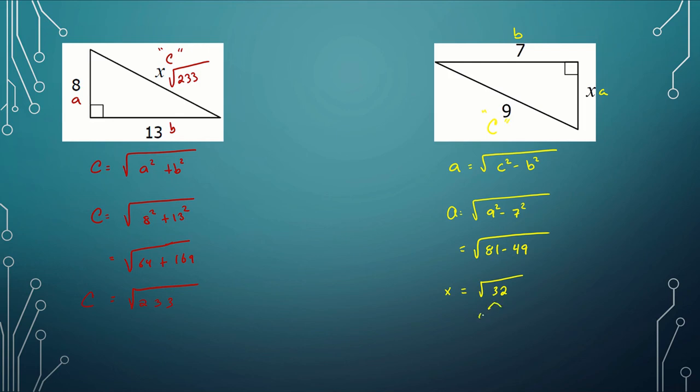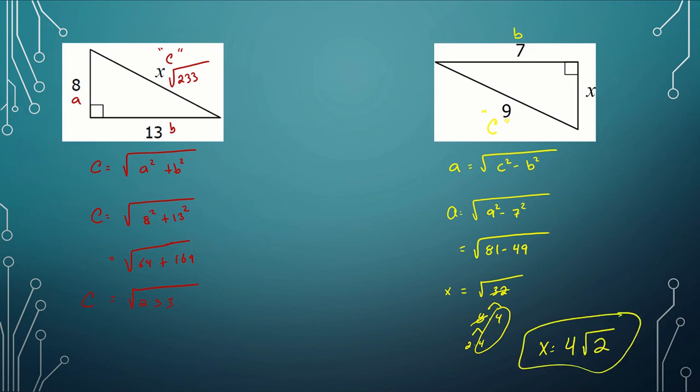So 32, break it down, that's 8 times 4. We can further break down this 8 to 2 and 4, and we can pause here because we have a pair of 4s, right? So that set of 4 brings 1 4 outside and the 2 stays inside. So here, this side measures 4 square roots of